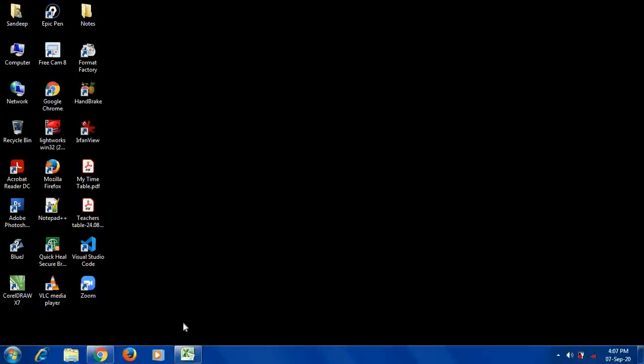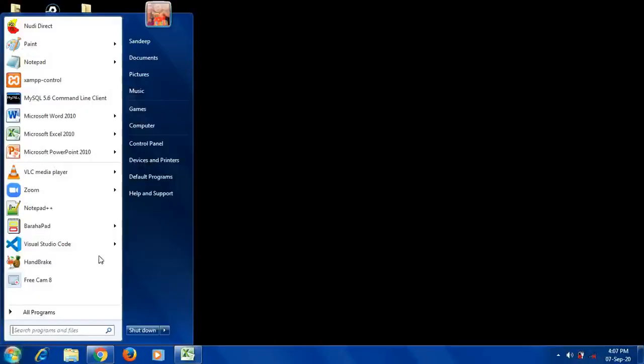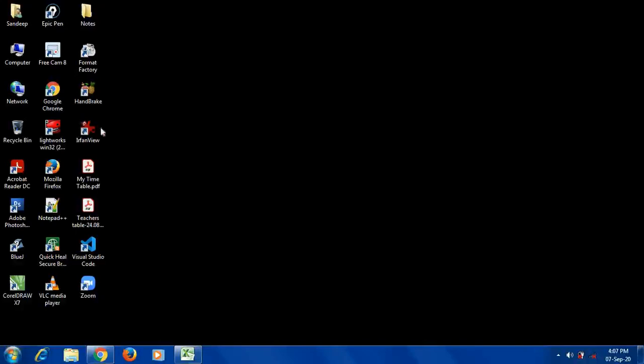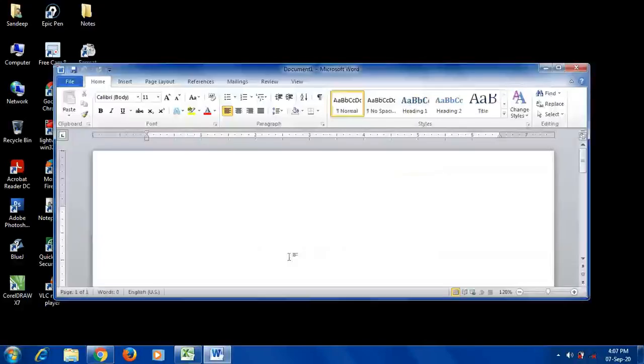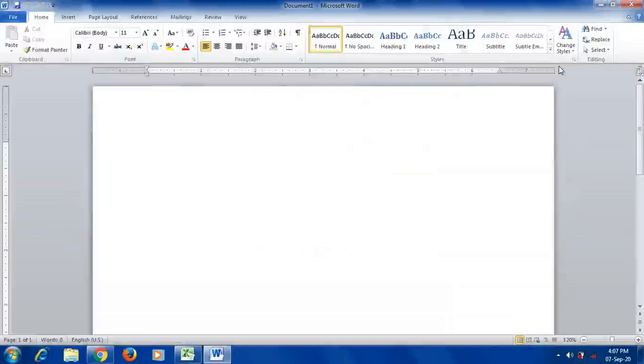First of all, we will see the introduction part of Microsoft Word. So let me open Microsoft Word first. So this is the Word window. Let me maximize. Okay, so this is the window you are going to get if it is installed in your system. If it is not installed, then you need to install it in your system, then only you can access the features. Microsoft Word is a word processor that helps you to create documents with a professional outlook.